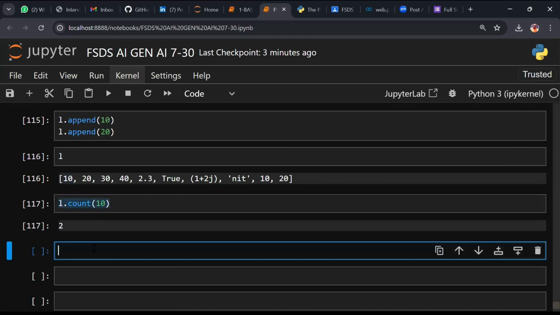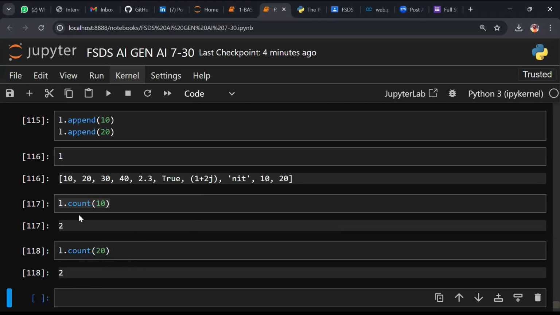So let's copy the code. Are you working with me? Online team, offline team? I will give you enough time to type. If you are slow in typing, don't worry, don't type. I said use tab. Online team, are you working? Everyone, yes. So L dot count 20. What is 20 doing? How many times? You have 22 times or not?